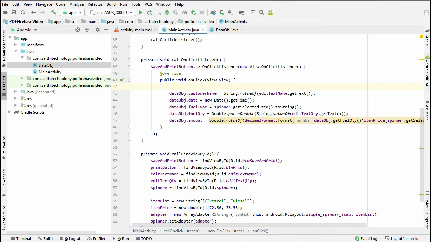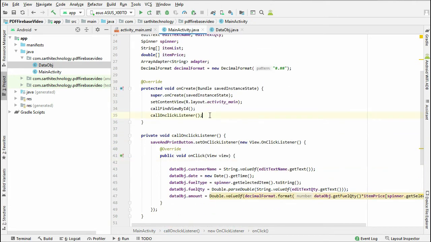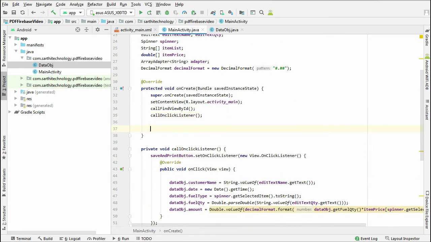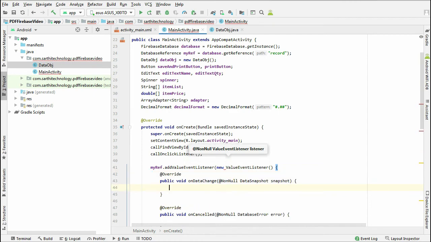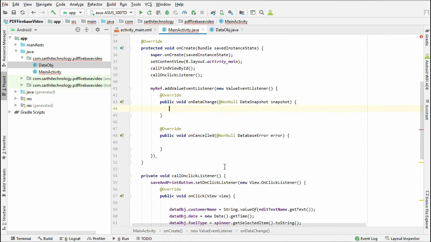For that we can use one trick: come to this on create, and here use this myref object. Myref dot add value event listener, new value event listener. First put semicolon here.